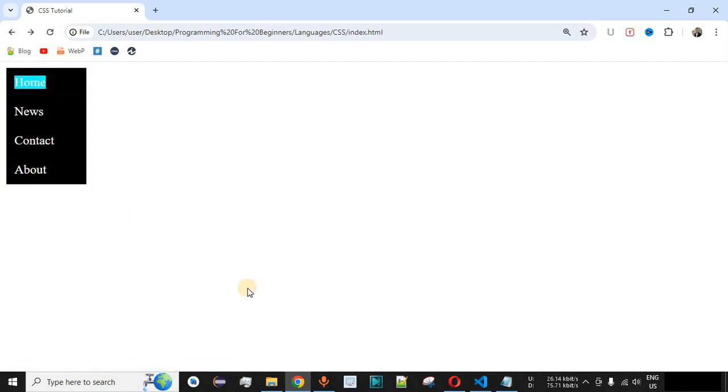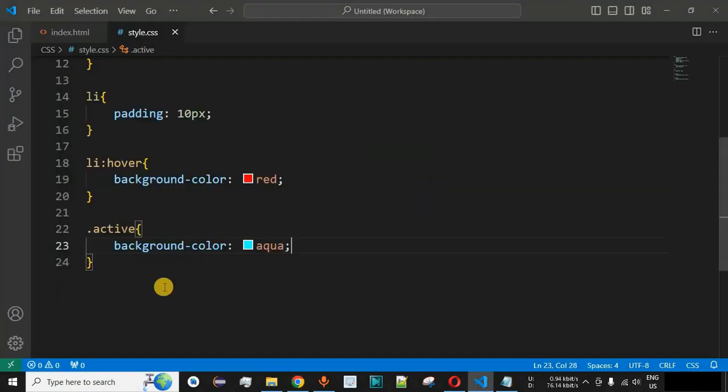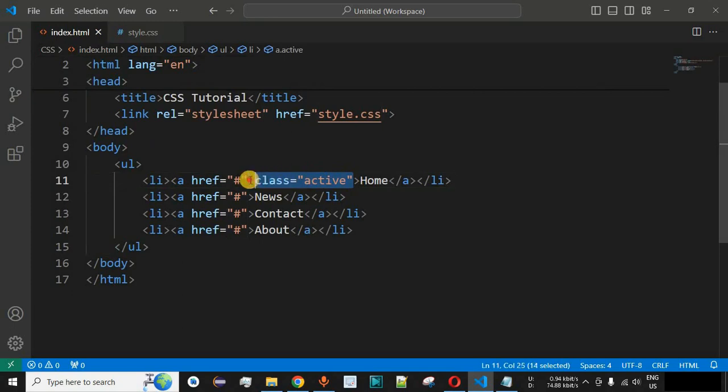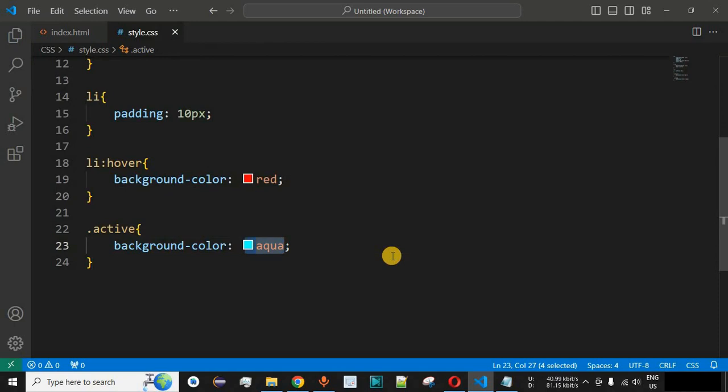Guys, let us change the color over here so that it is displayed properly with the white color text over here. And also we need to provide this class to the li element in this case. So simply I'm going to remove the class from the a tag, and we are going to paste it for the li element over here. And for the active class, we are going to change the background color to, let's say, green color over here, which is a dark color, and it will go well with the text color that is white in this case.